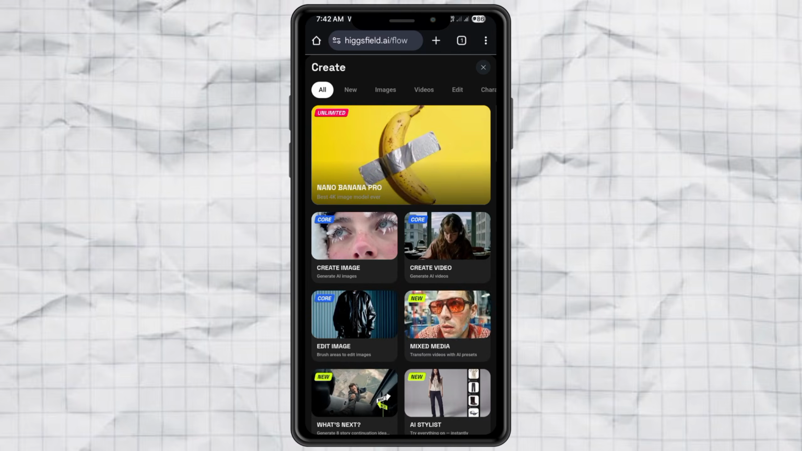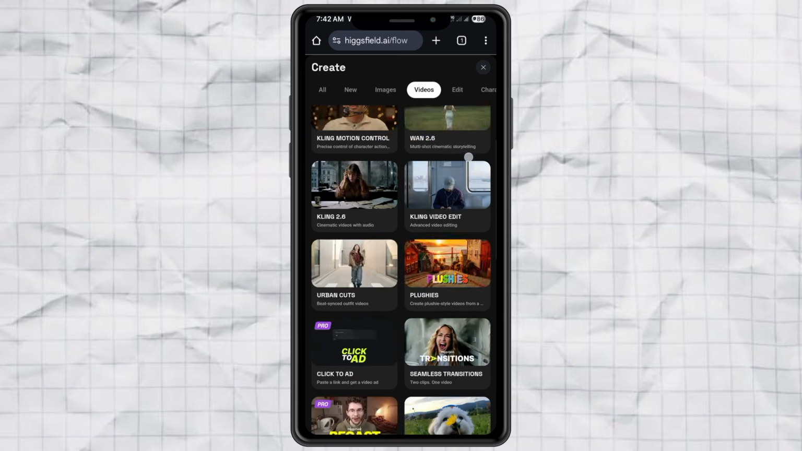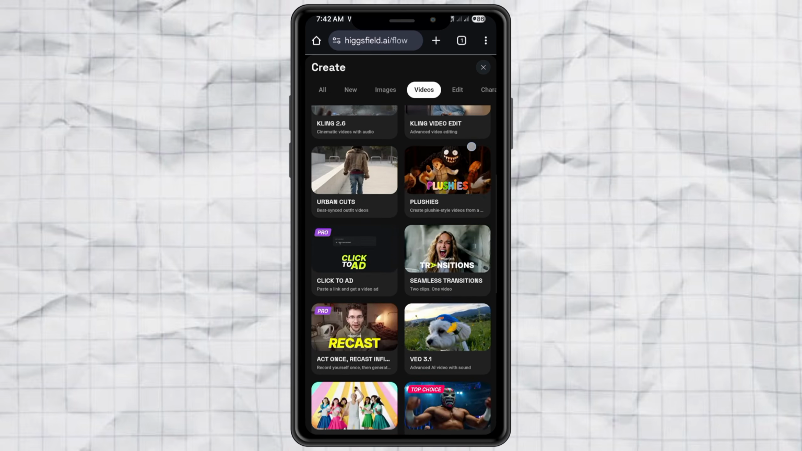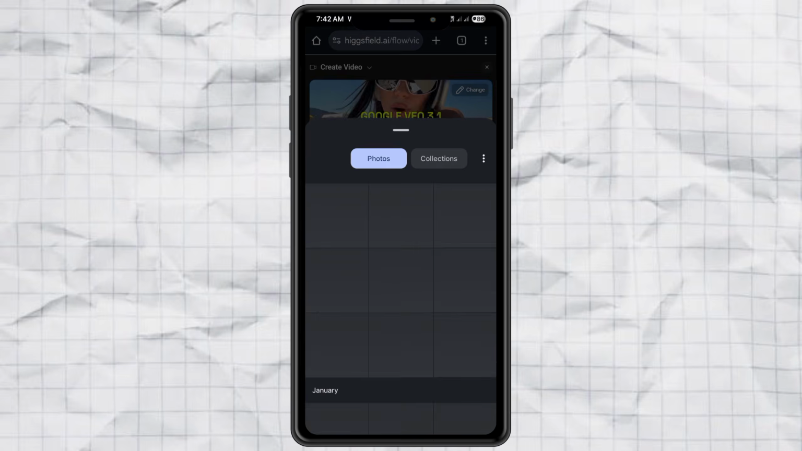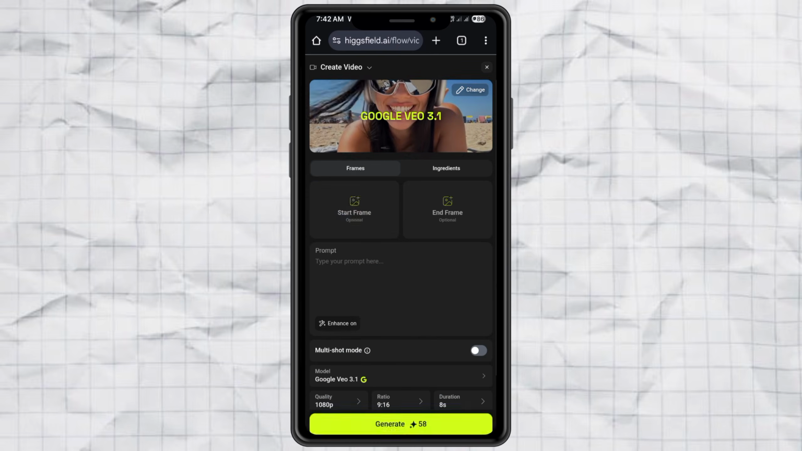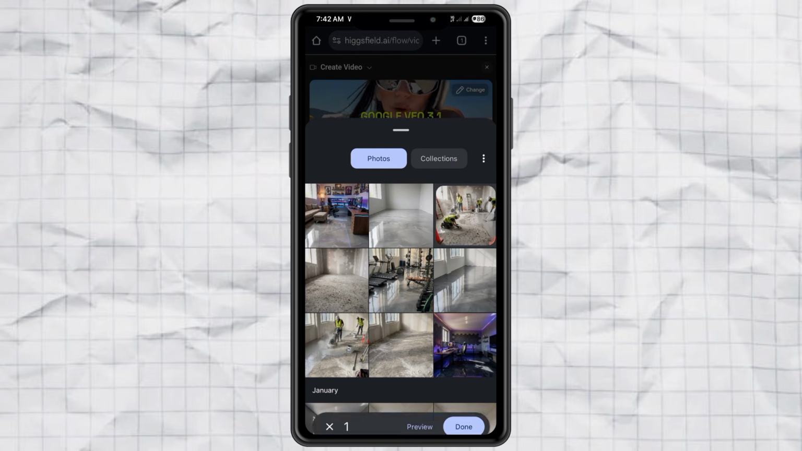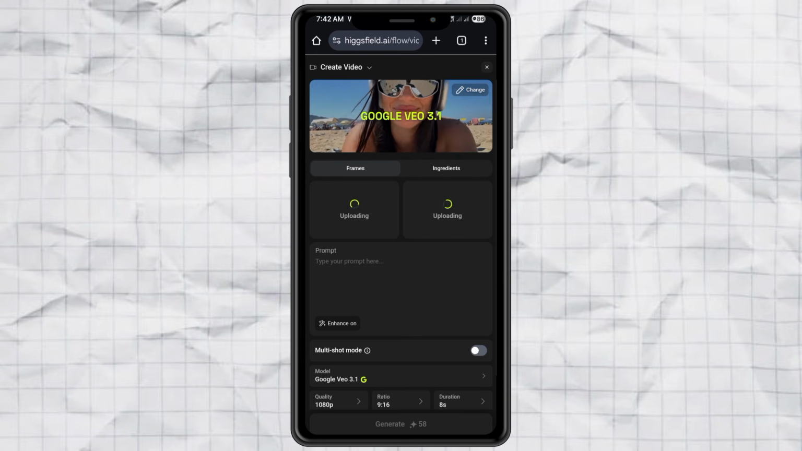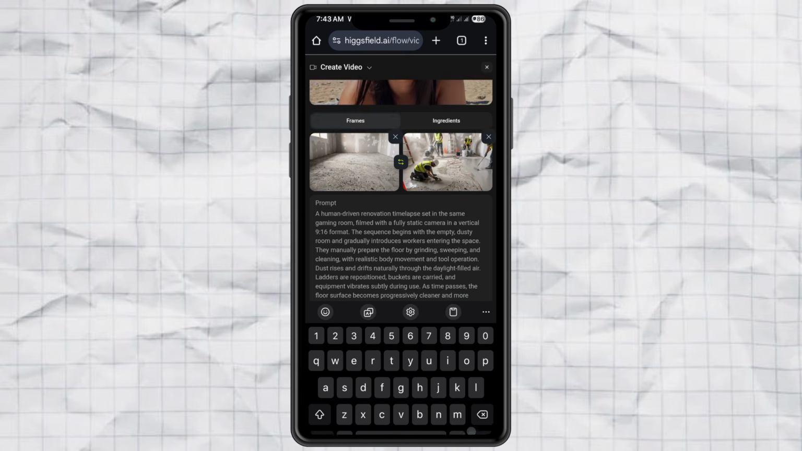Step 3. Generate the videos. Still inside Higgsfield, now switch to the Videos section. I'm choosing VO 3.1 here. Upload image 1 as the first frame and image 2 as the last frame. Paste the first video prompt from ChatGPT,